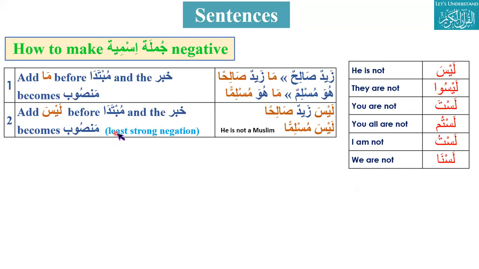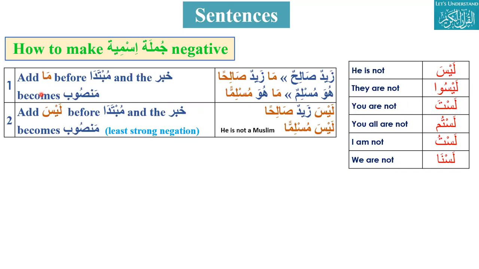Actually, we will touch on these things in the next couple of lectures. They are very important. Laysa is a verb, but it is not giving a complete sense. There are some verbs which don't give a complete sense, and they are called if'al naqisa. So we don't take them as complete verbs, and we should not confuse them with a verbal sentence. By complete sense, I mean, for example, nasara means he helped. But when you come to laysa, its meaning is he is not. There is something missing.